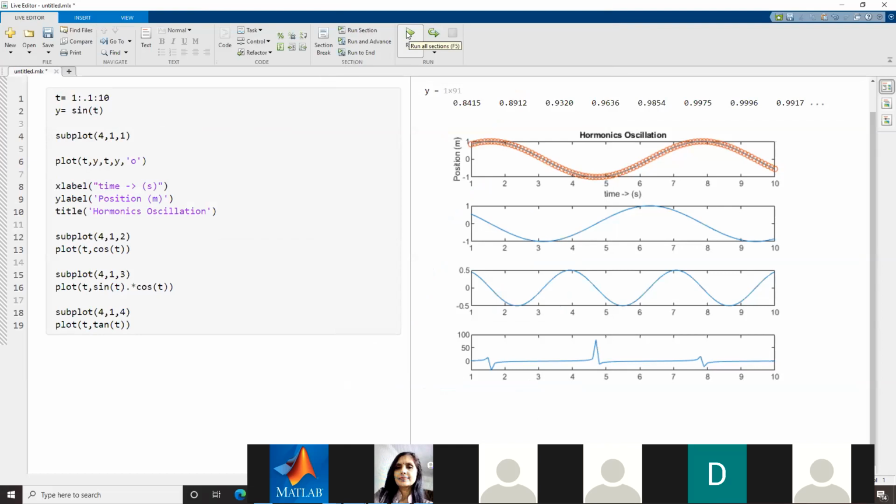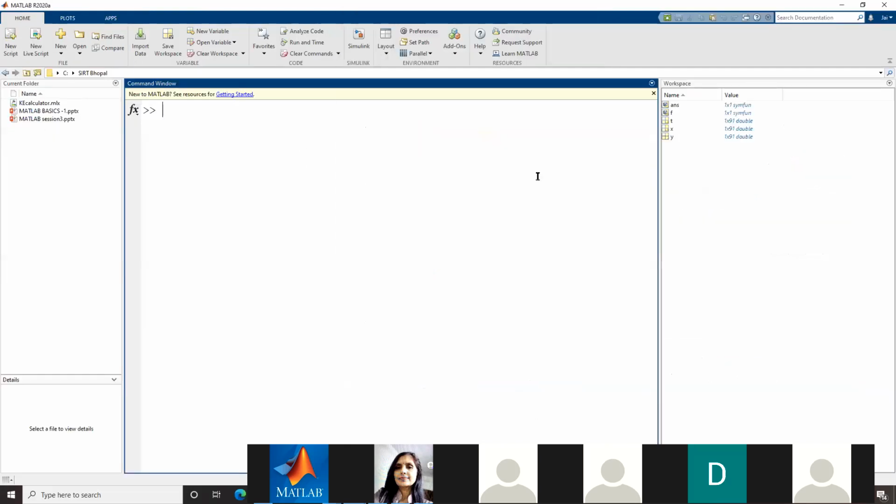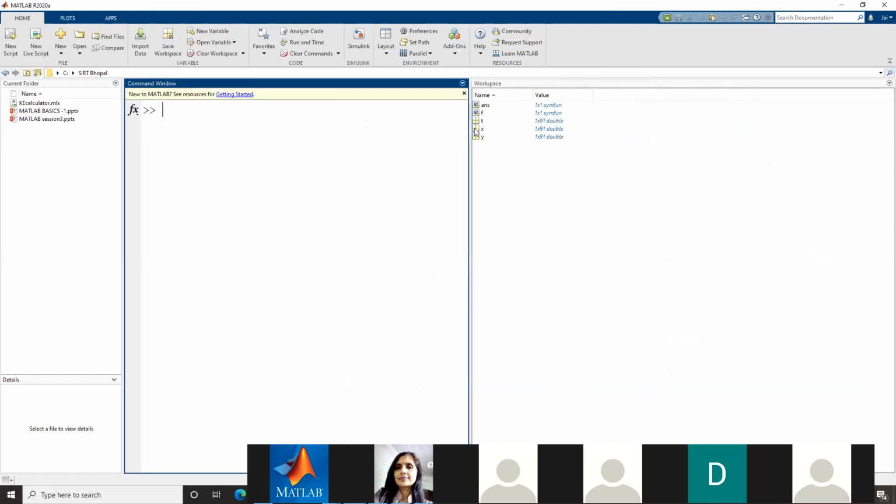Actually what happened is that earlier I just calculated over x. In RAM memory, if I show you, you can see the value of x is also retained. So in RAM memory the x is there and a new t is also created, but both t and x are equal, so that's why MATLAB didn't throw any error.